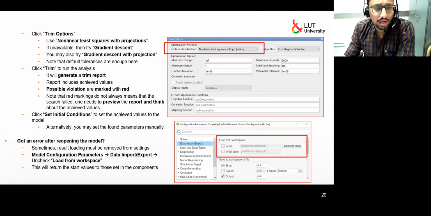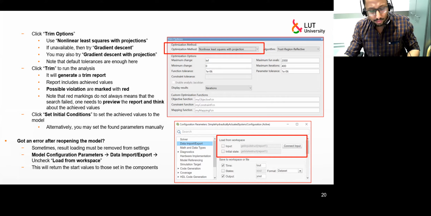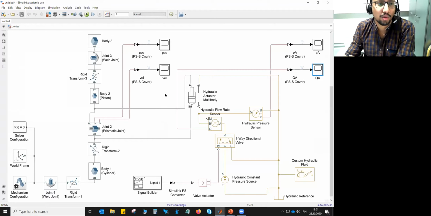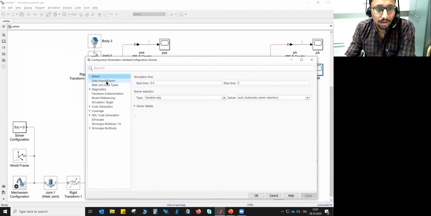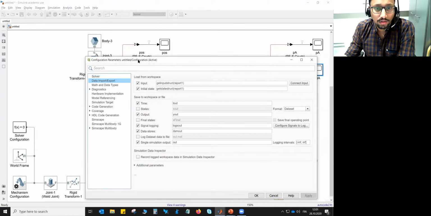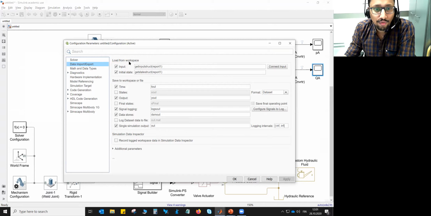But just a quick troubleshoot trick. If you somehow close this file and try to open the file again, it might give you some sort of error that it is unable to import the report or something like that. For that, you need to go to this model configuration parameter under data import and export. You need to uncheck this load from workspace.